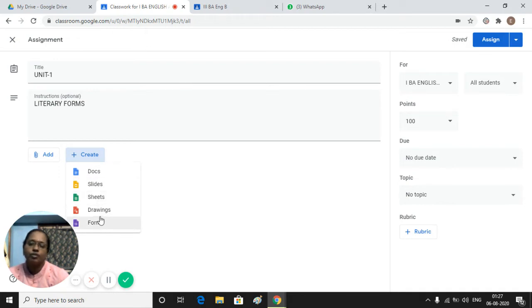Even Google Forms we can attach here, and Google Meet link, Zoom Meet link, everything can be attached here. It is like WhatsApp. Like on WhatsApp, how you post messages in the classroom. In schools we maintain attendance and notes of lesson, everything. The same thing can happen here.